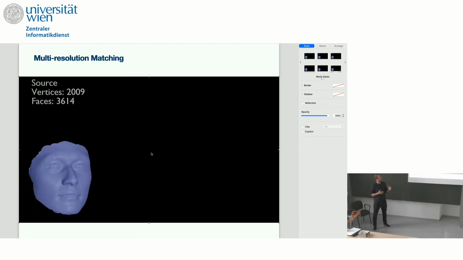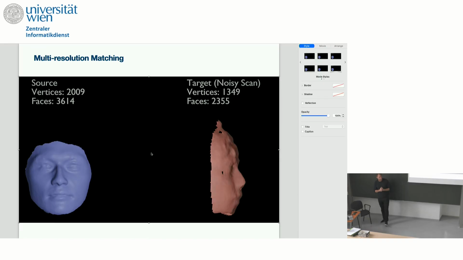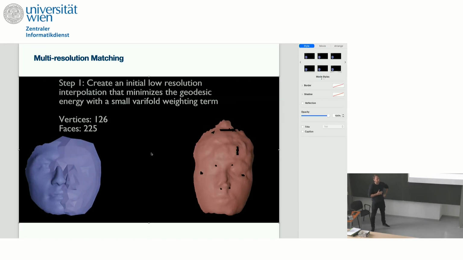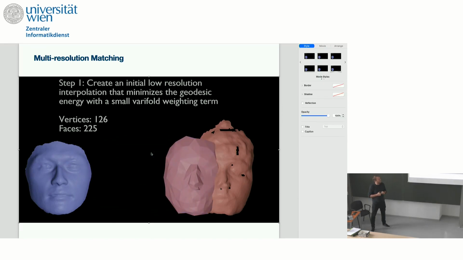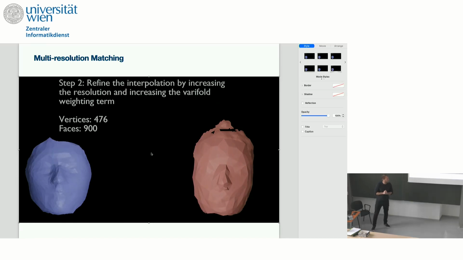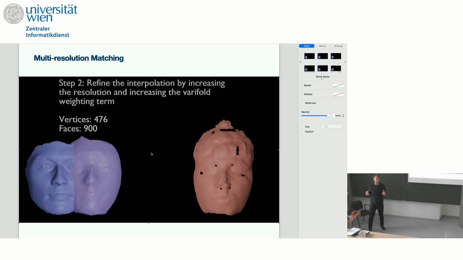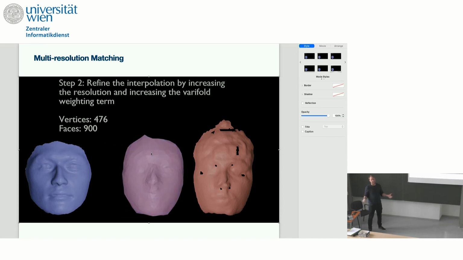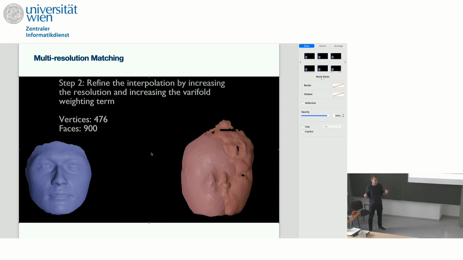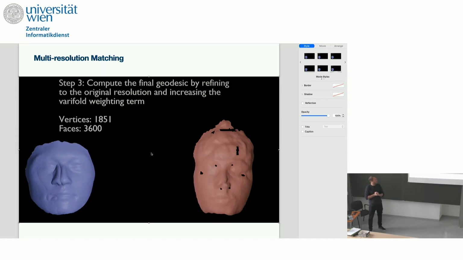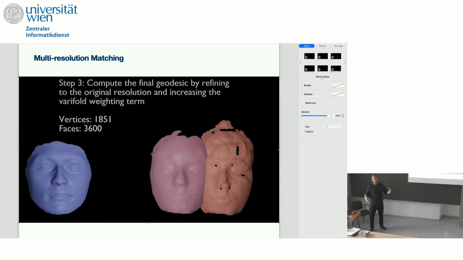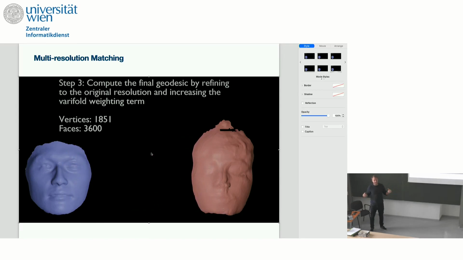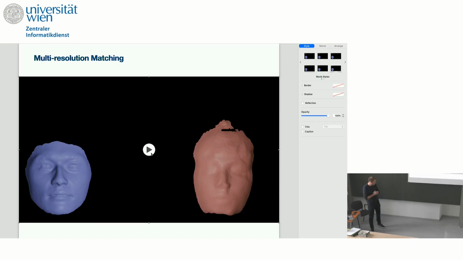So the first thing that we see here, I just want to mention, is that the framework is capable of dealing with relatively complicated surfaces. This is a rather simple example, but we have implemented a multi-resolution framework. What do I mean by this? If you have two surfaces, there are a lot of local minima in this space because we have a lot of curvature. So what can help is, instead of solving your matching problem immediately on the highest discretization, you can first downsample your surfaces, solve on a lower dimensional discretization, and subsequently upsample the solution. This is what we see here.